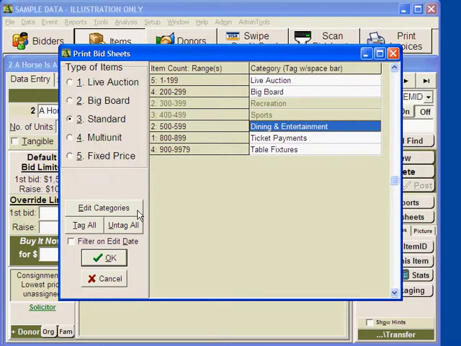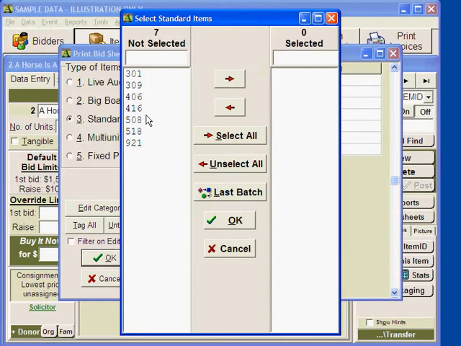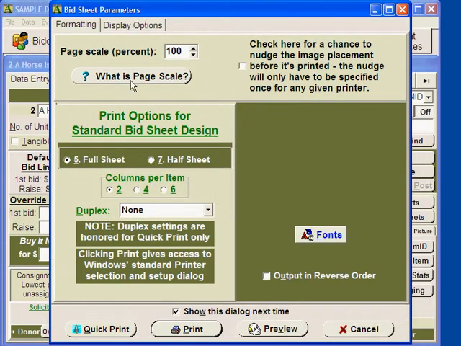only those categories. In this case, we want to include all items, so we're going to click and tag all, leave standard selected, and click OK. And this will give you a list of all your standard items. So we're going to go ahead and click select all, click OK, and here we'll get some options for your standard